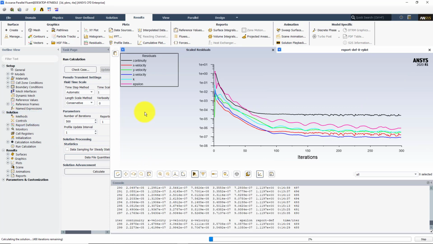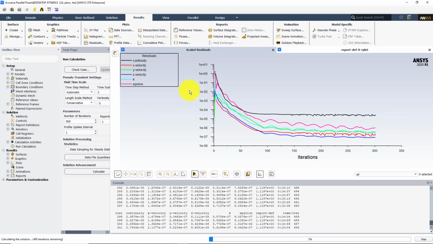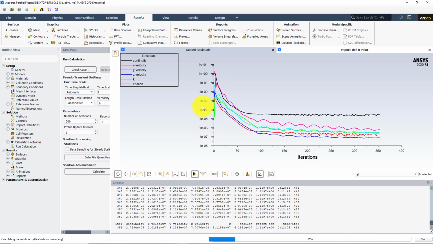And I can comment on a few things. Number one is that the convergence in the previous two cases was at 10 power minus 2, and now I can observe that we have residuals at a value less than 10 power minus 4, and in the last two cases it was not less than 10 power minus 2. So one thing we can notice with the good mesh as compared to the last two cases is that we have